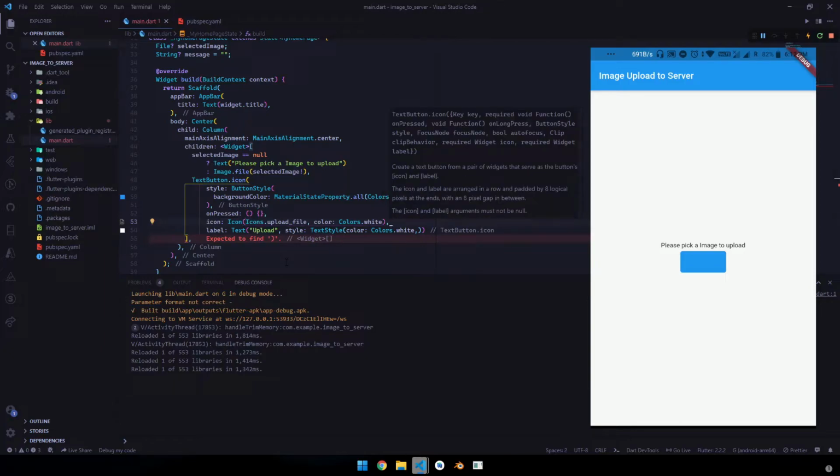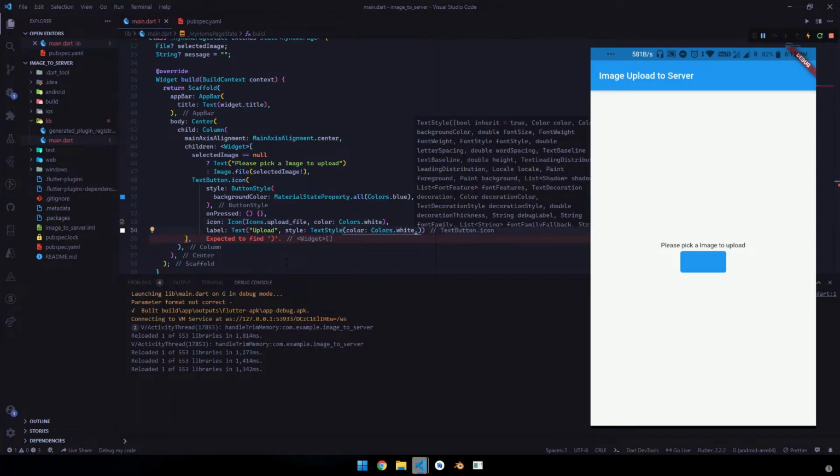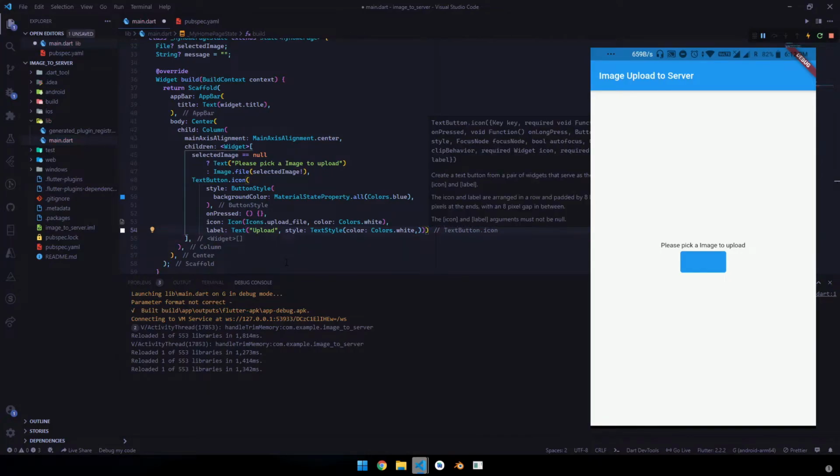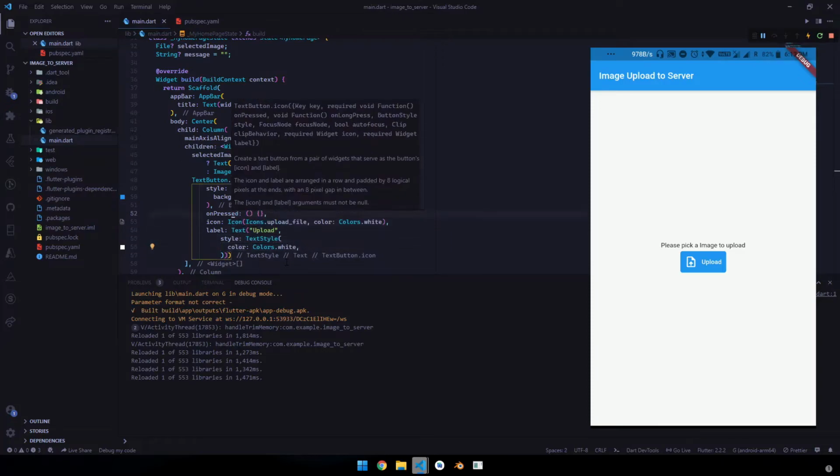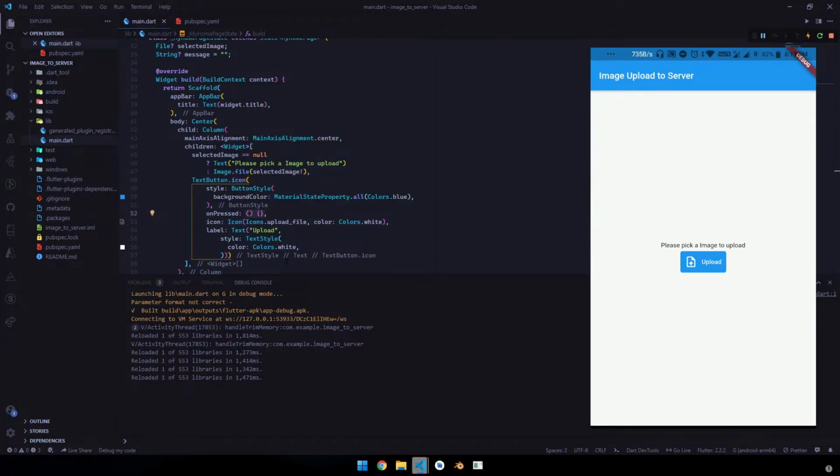Now let's hit Ctrl S. Oops, you can see an error has occurred, so basically we need to add curly braces and hit Ctrl S.